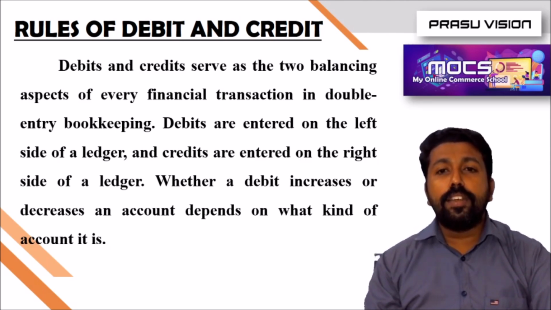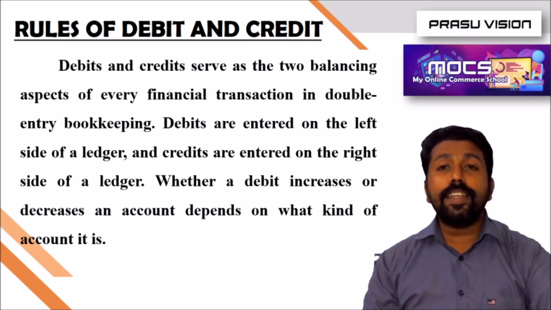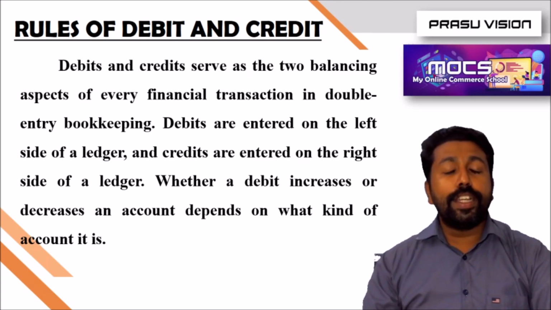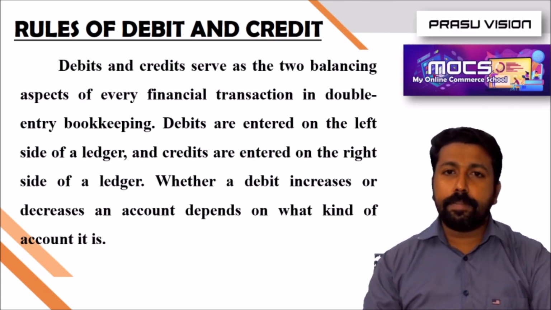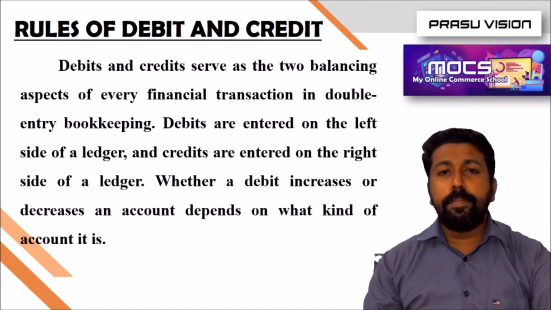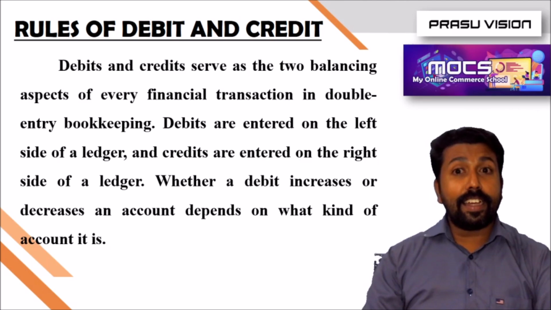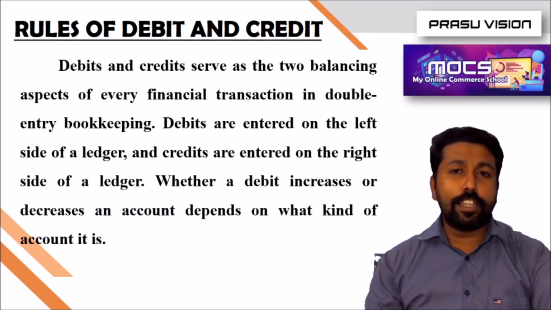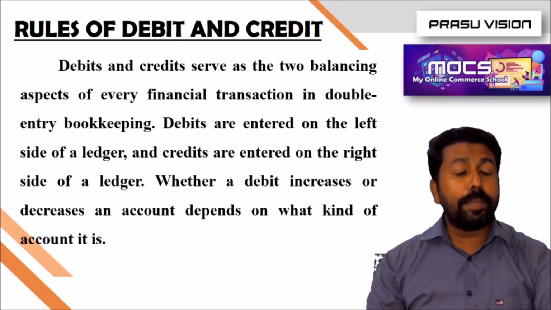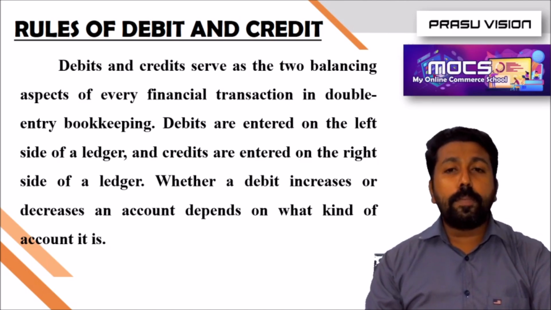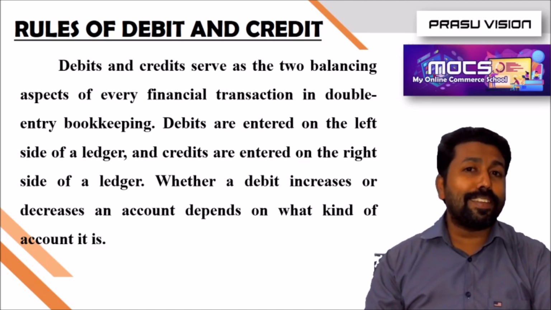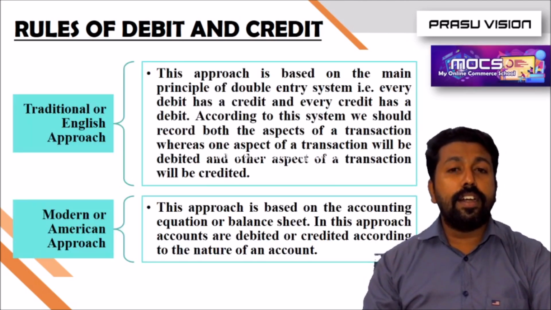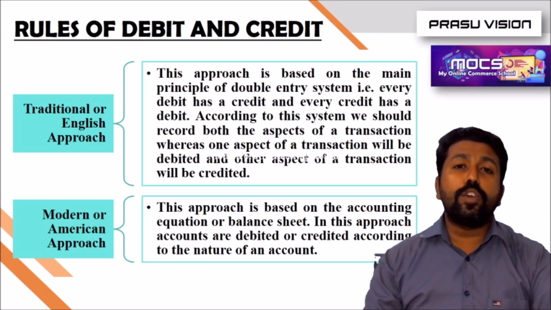It's very important to identify the increasing or decreasing account, or the increasing or decreasing aspect, from a financial transaction. So that ability you have to develop. Actually, you have already learned the identification of two aspects from a transaction in the video lesson on the accounting equation. If it is not clear, please go through my channel. You can watch the video with solved problems on how to find the two different aspects from a transaction. After considering those two different accounts, we give the debit and credit rules.